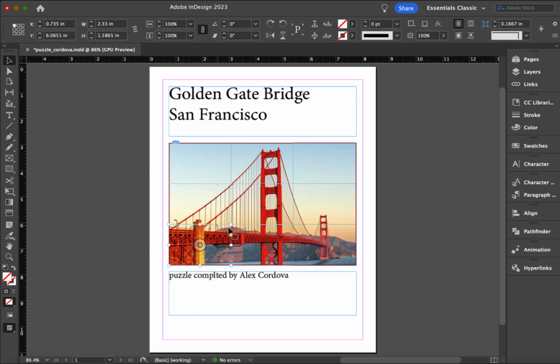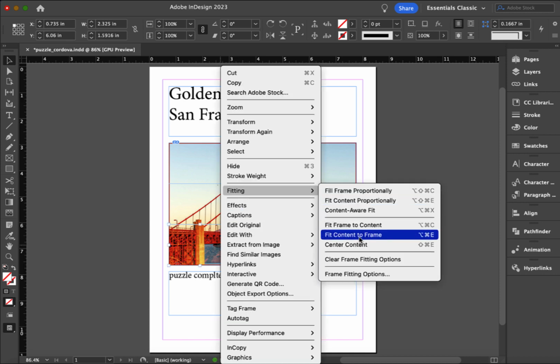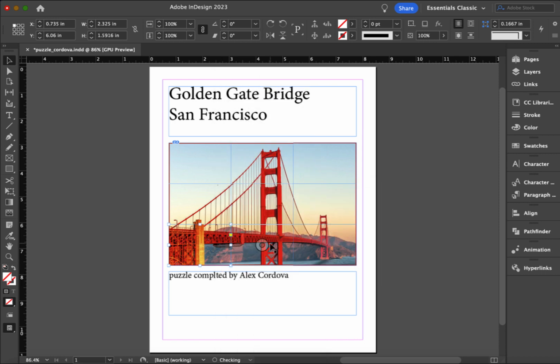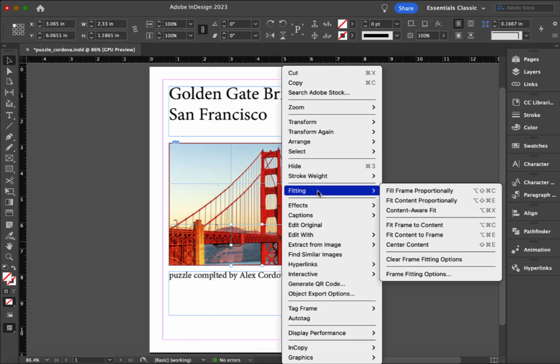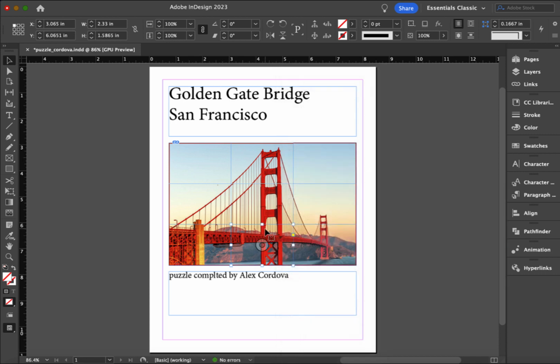You can see that I do have a little bit of gap there. It's very minimal, and you'd get an A, even though it doesn't have to be perfect, but sometimes you do have a little bit of gap in there. And what I'm doing here is just putting in fit content to frame, and that seems to be taking care of that little bit. You could also, again, use, right now we're actually viewing it in normal view, which you can see the margins